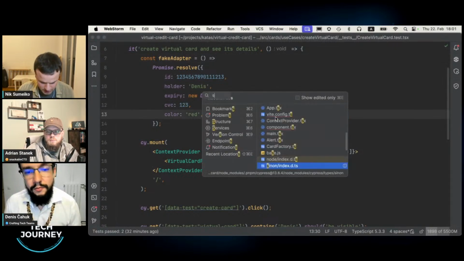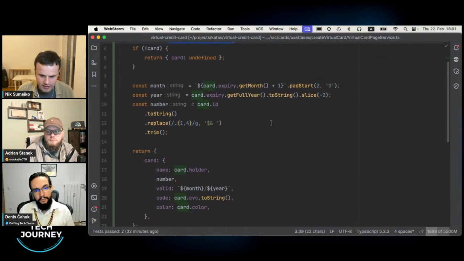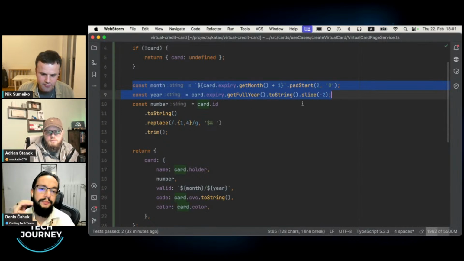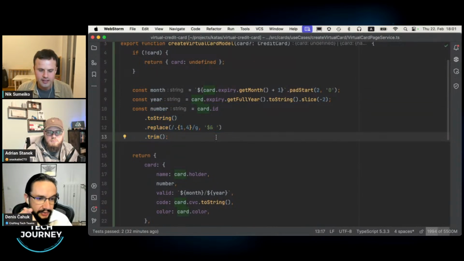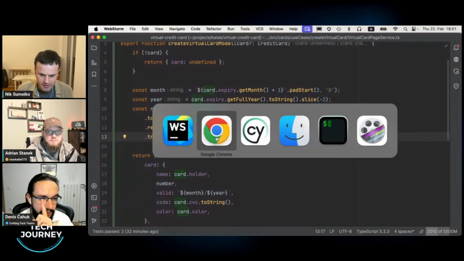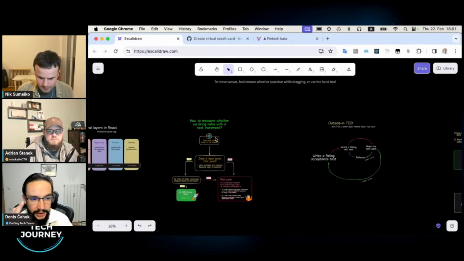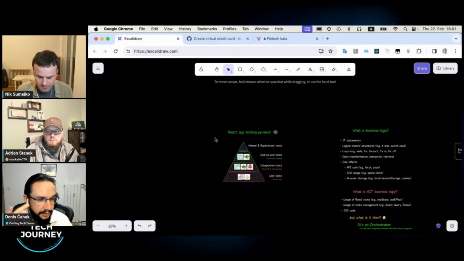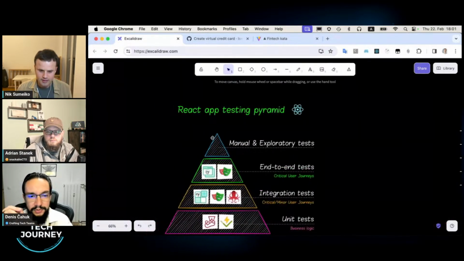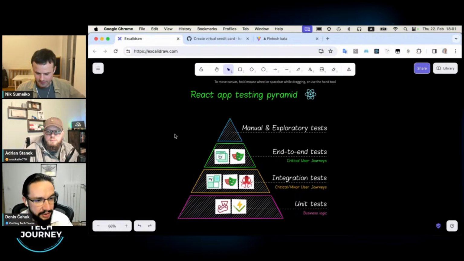We could go to this service if necessary and abstract these functions, like retrieve me a year, retrieve me a number, into separate functions if we want. We could do so many things, but the tests will continue to pass as long as the behavior doesn't change. These are resilient tests. They're not tied to implementation details, not tied to any of our lower level interfaces or integration points, and not tied to structure or any implementation implicit to how React functions.